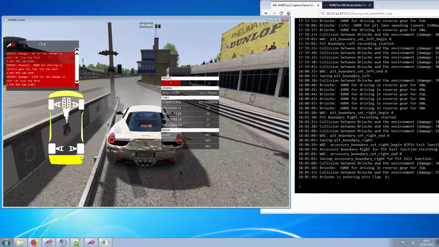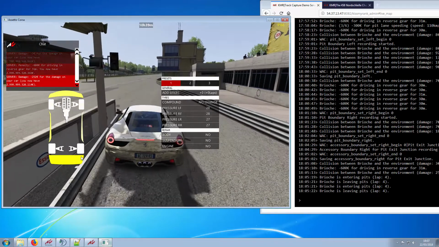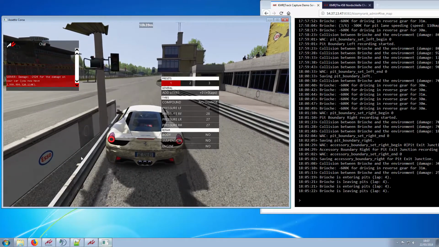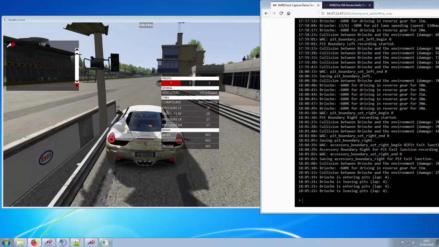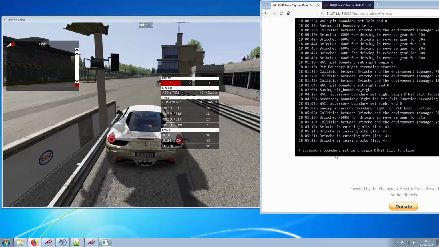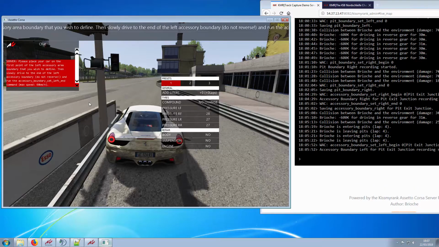So now we can draw the right one. This track has a very short line. We could just park it before, actually. But anyway, so now we go with this command, which is similar to the one that we ran before. Accessory boundary set left begin 0 pit exit junction. We run it. Then once again,